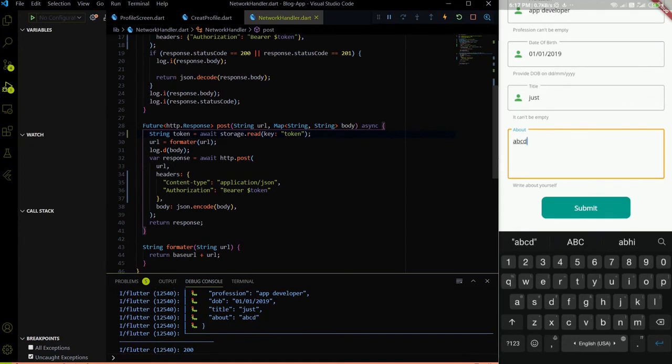So if I hit the submit, right now we didn't add a circular progress bar over here, and we got a 200 as a status code.